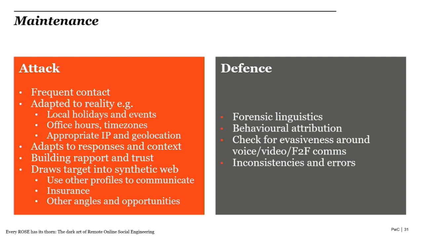They're going to seek to build rapport and trust over this period of time, and potentially even draw their target into this synthetic web that they've created for two reasons. The first is that if the intended target becomes bored of speaking to the main persona, then there are kind of backup personae which can still engage with the victim. The other reason might be that it potentially gives other angles for the attacker. So if the main pretext, the main hook doesn't work, for instance, then there are potentially other hooks that these other personae can drop in there.